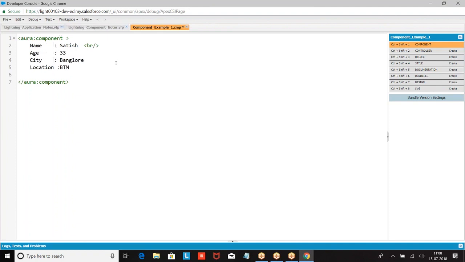I want to print it. You just created a component here. When I created this component, you cannot run the component individually. It has to be embedded within the application, or it has to be used within the standard pages. We are supposed to call this component within the application, as the component alone will not run. So how to run this component?